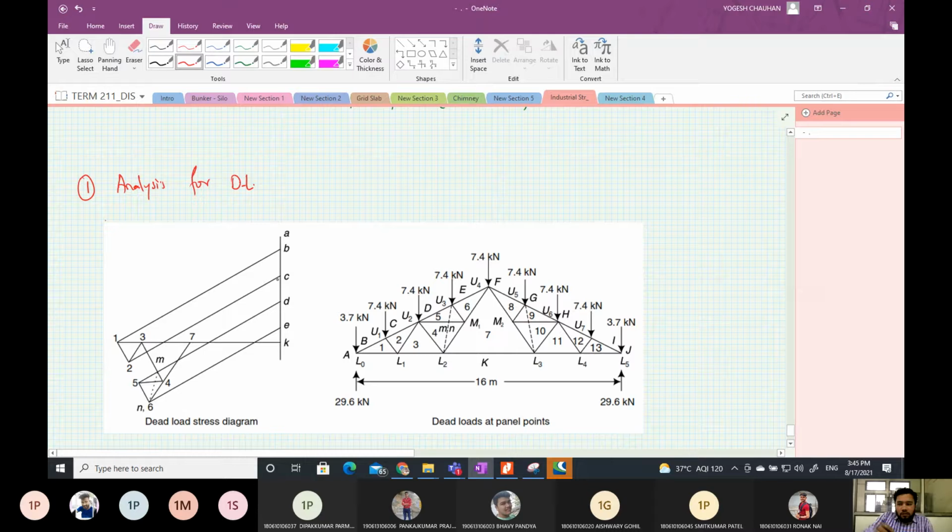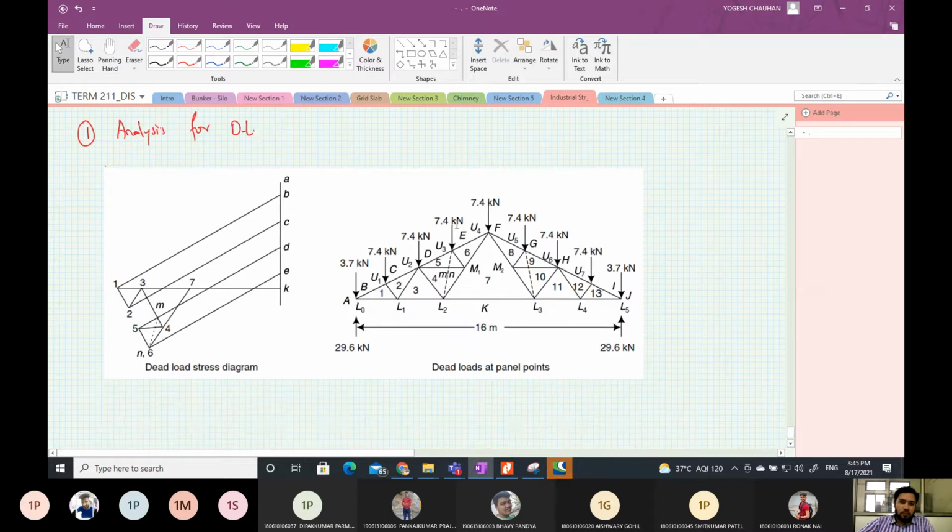See, for dead load and live load, you can have a unit load diagram also. Let us say all full panel loads are 1 kilonewton and half panel loads are 0.5 kilonewton. And you can draw a vector diagram for that. And finally, whatever the value you get for the member force, you scale it up with the value of the full panel load for the dead load and for the live load.